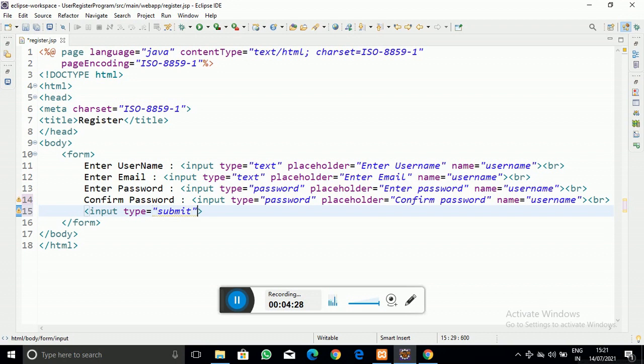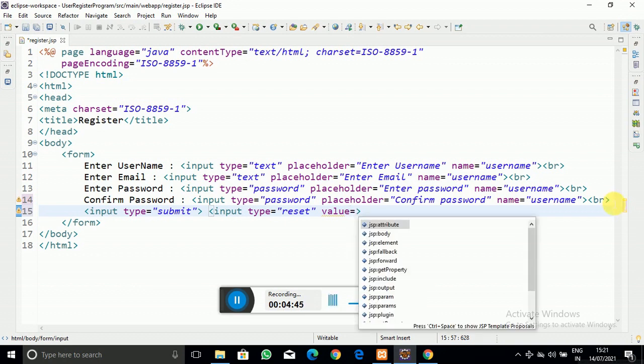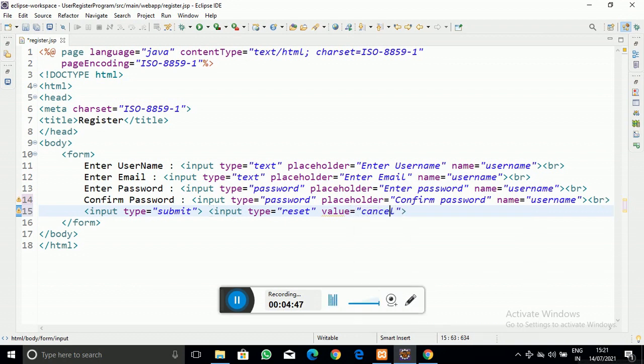We require one submit button, and also we require a cancel button, which is this reset button. Input type equal to reset. Let's give it the value cancel, and for this give the value register.